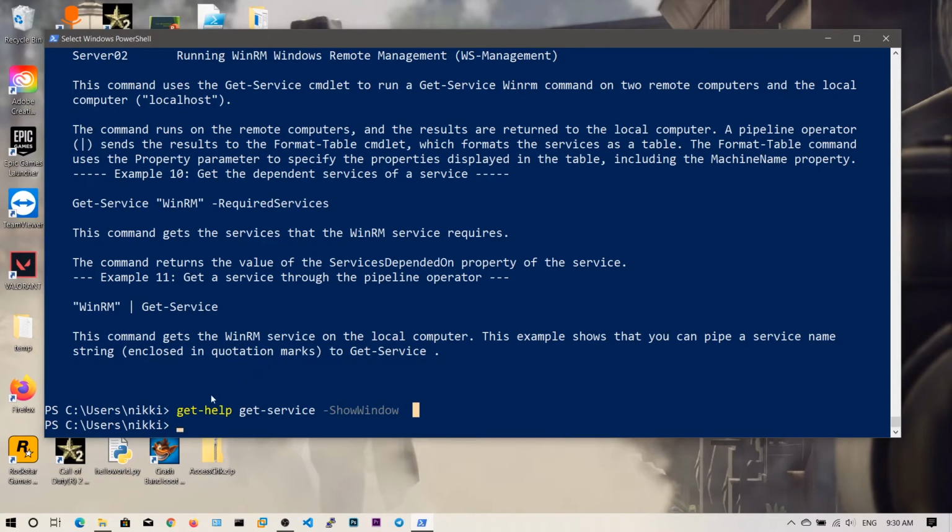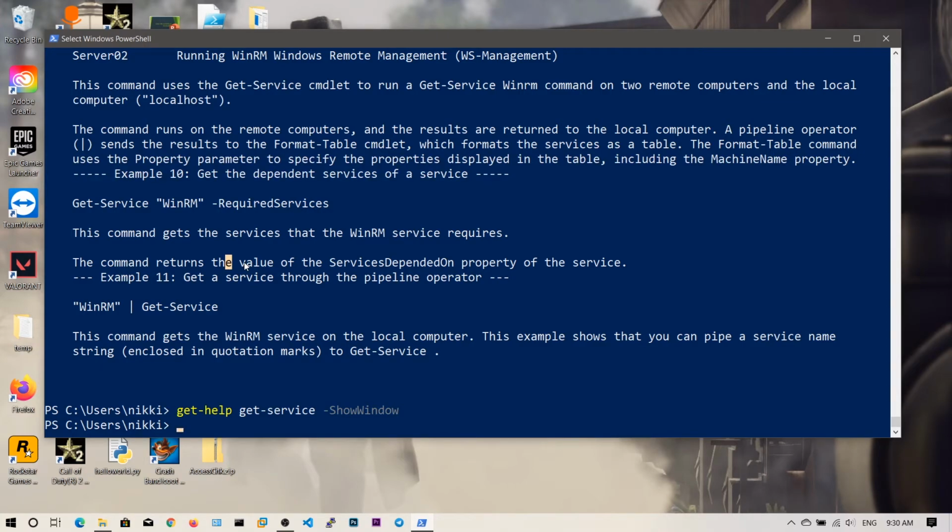Get-Help is very important, and Get-Command also, because these cmdlets will be overwhelming as the PowerShell versions are upgraded. This is PowerShell 5.1 and there are so many cmdlets, so there is no reason to remember all of them.